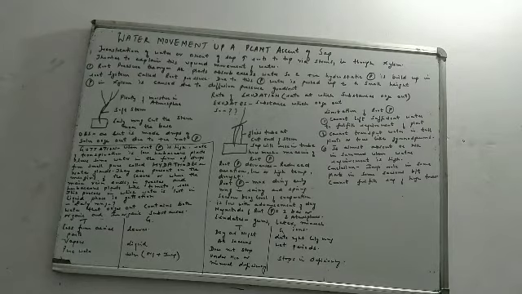Now, however, there are some limitations of this theory. Like every theory, we have certain limitations, certain drawbacks. So what are the limitations of root pressure? The first is that it cannot lift a sufficient amount of water to fill the requirements of plants. It can push a little amount of water, but not sufficient to fulfill the requirement of the plant. This is not possible only with the help of which pressure? Root pressure. The second drawback is that it cannot transport water in tall plants.